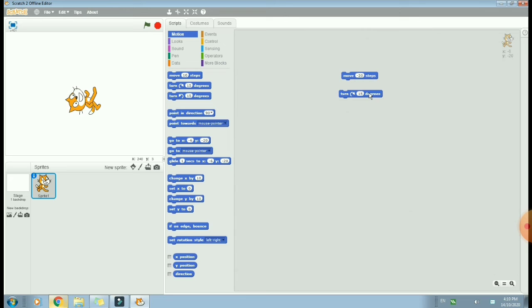Click, click, click. You can see our sprite is turning on its right side at 15 degrees. Our sprite completed the whole circle and came again to the earlier position. So this way we can turn our sprite in the right direction, clockwise.